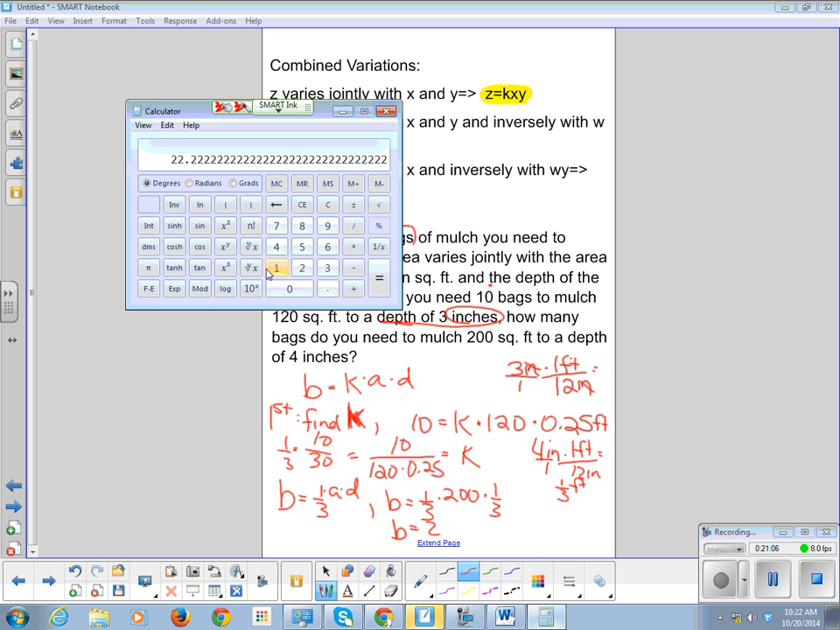Okay, so let's bring it back to the problem. So I need how many bags? Could I buy a 0.2 bag? No. So I need a little bit more than 22, and that would mean I need 23 bags. We'll spread the other 0.78 bags evenly to make a nice